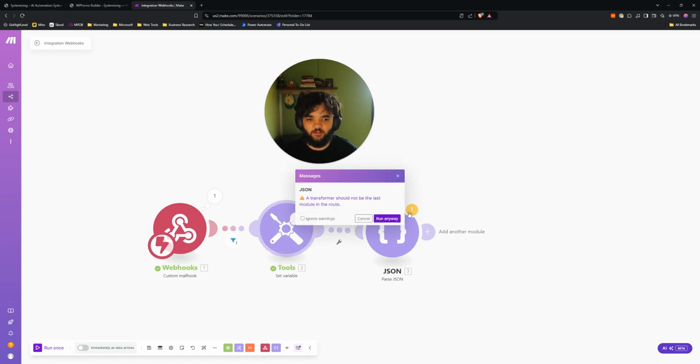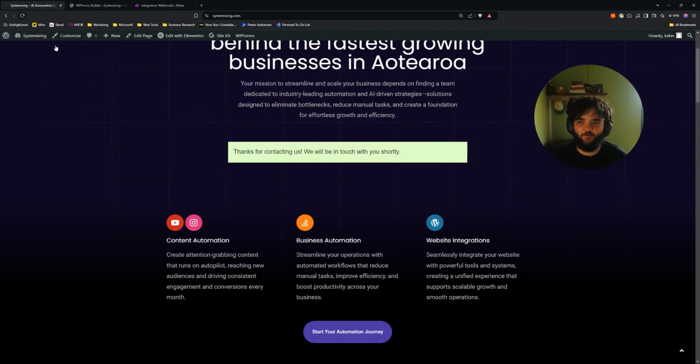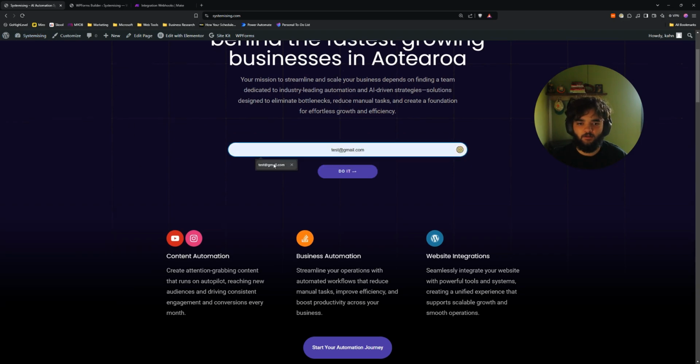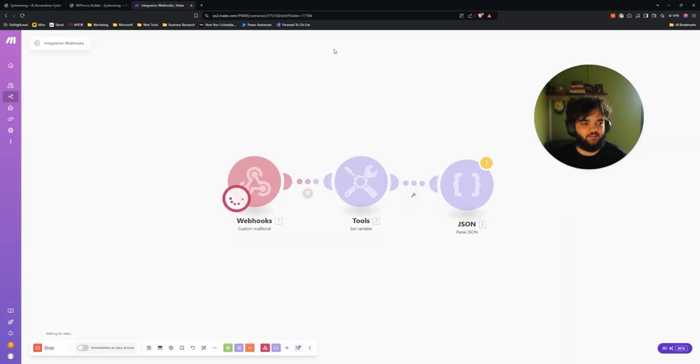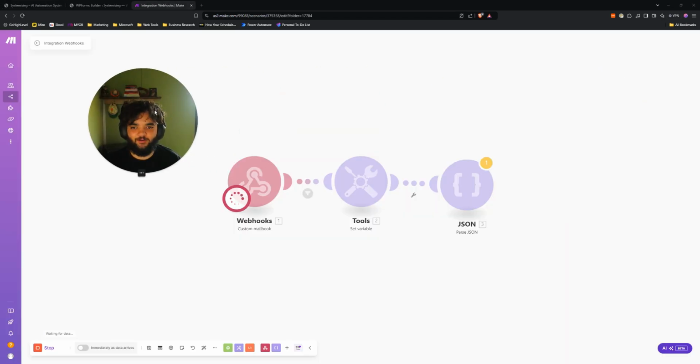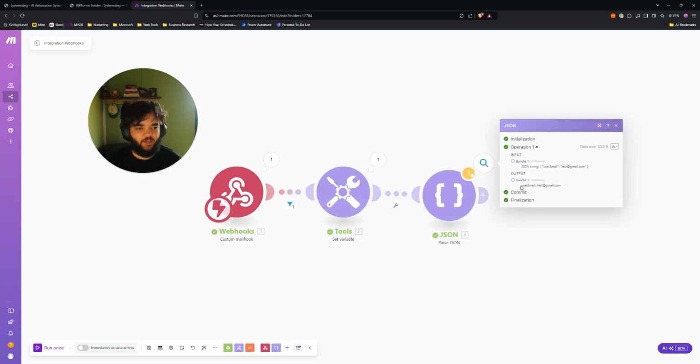and let's run this again. We just ignore the errors in testing. I'm going to refresh this again. Throw back in the email, and once it does its security checks, I don't have to wait that long like it said I had to. And as you can see, this filter is filtering, and what we should see on the output of here is